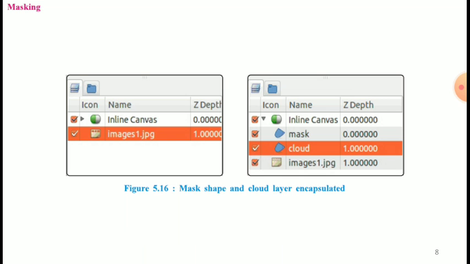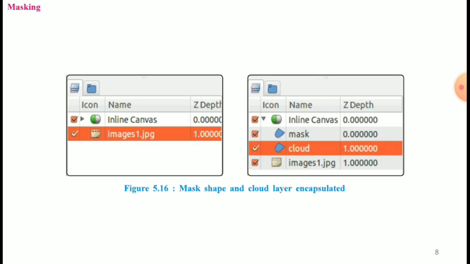Place the mask shape above the elements you want to mask. In our example, we will place the mask shape above the cloud layer, and as we want to apply the mask only on the cloud layer, we will encapsulate the mask shape and the cloud layer. Figure 5.16 shows the encapsulated layer in the inline canvas, and also shows the contents of the inline canvas layer.